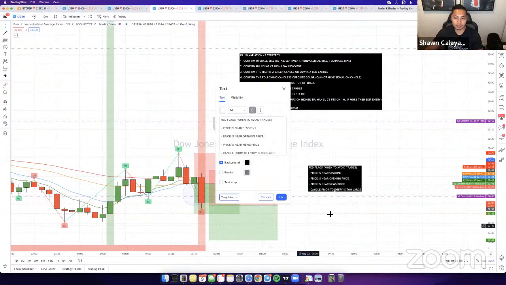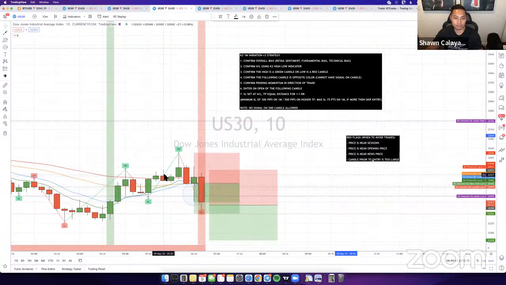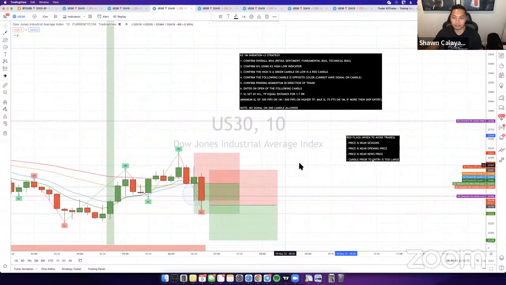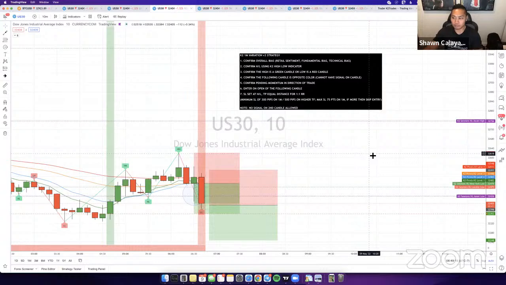Kurt, I feel like this might be going in one ear and out the other. The candle prior to entry is too large. This candle here is huge compared to the other candles, so I wouldn't necessarily enter right away. You've got to pay attention to everything that I'm saying here, right? Just because it fits the requirements doesn't mean it's a quality trade. These are trades that I would avoid because it's too big. So just keep that in mind, guys.